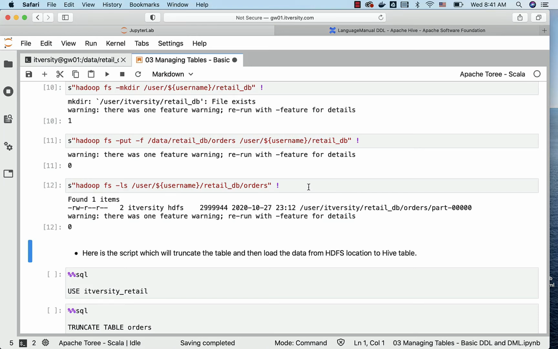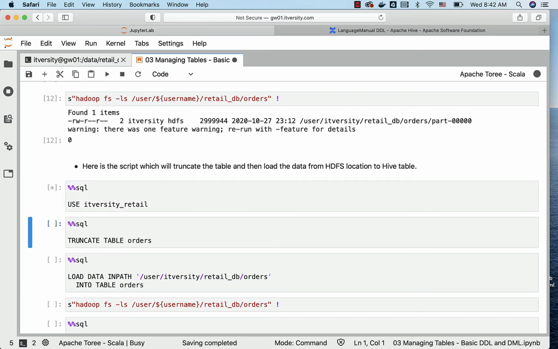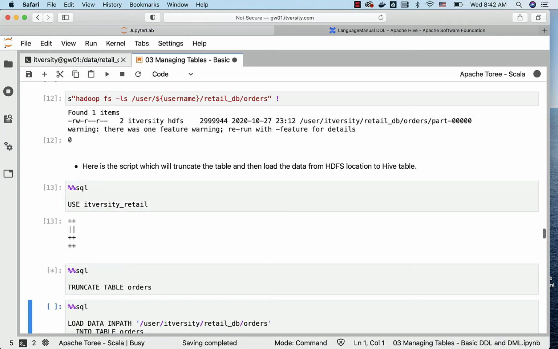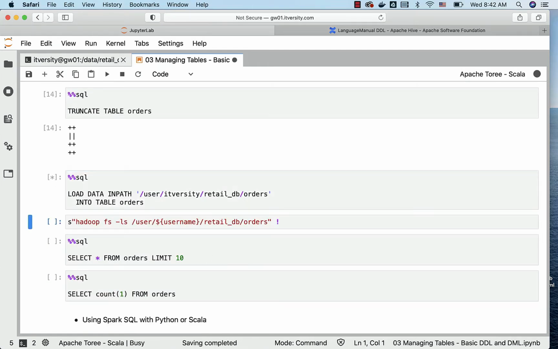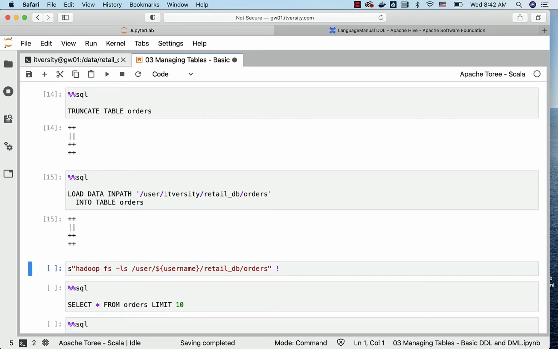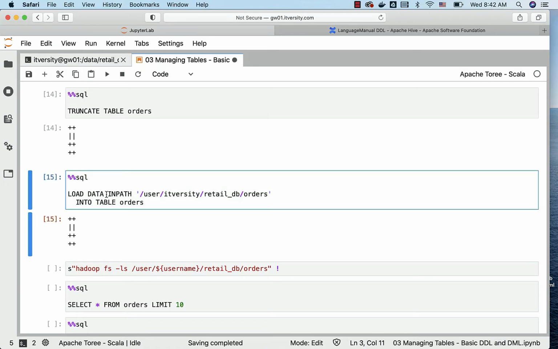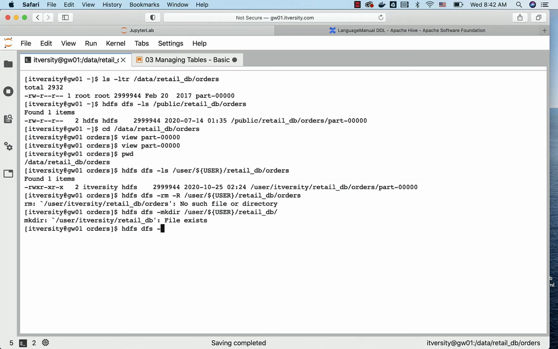This is the source location from which we want to move the files into the Spark Metastore table location by running the load command, which will take care of loading data from HDFS into the Spark Metastore table. Now I am connecting to the itversity retail database and truncating the table orders because we have already copied data in the past. Now I can run this command once again to make sure that data is copied from HDFS into the Metastore table. If you look at the syntax, there is no local keyword here and this is a valid HDFS path. This is what we created just a couple of minutes back.